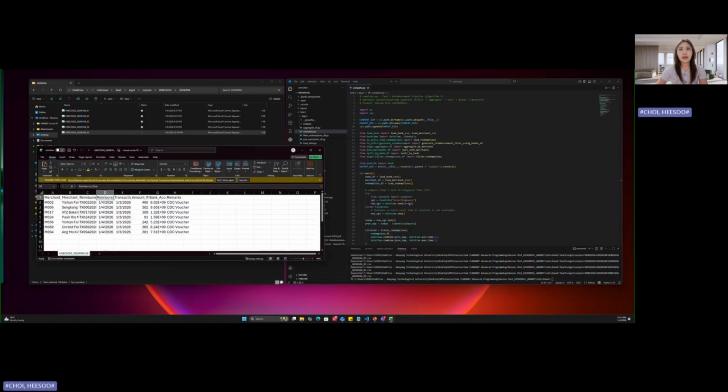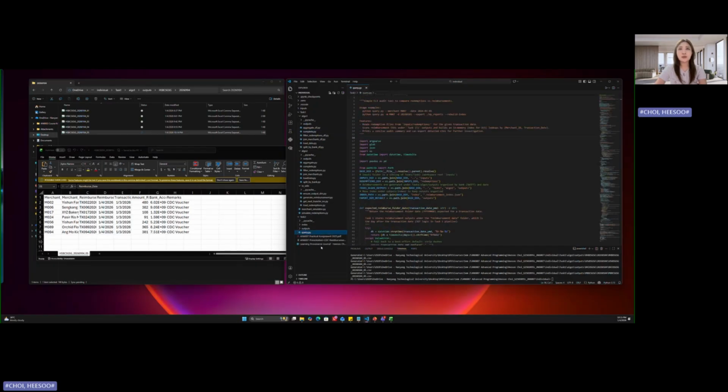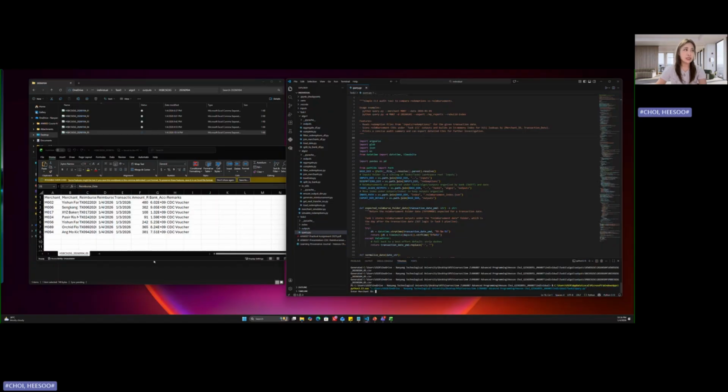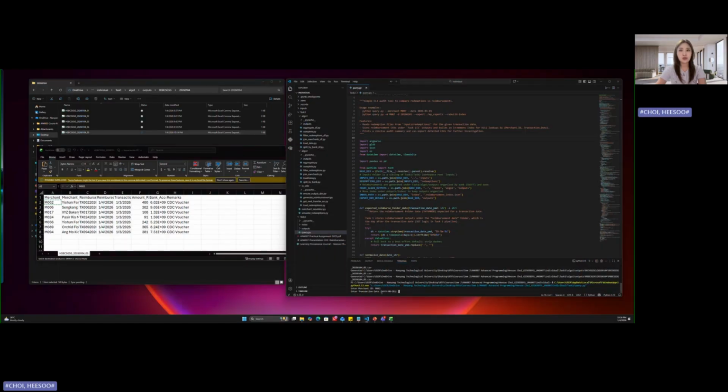Now I'm going to go ahead and run the audit program that is in query.py. Once I run this, I'll be able to see whether the reimbursement and redemption are matching. Once I run this in the terminal, it's asking for the merchant ID. So I'm going to use the merchant ID that's given on this file, M002, copy and paste it. Now it's going to ask for the transaction date. So I'm going to put the transaction date as January